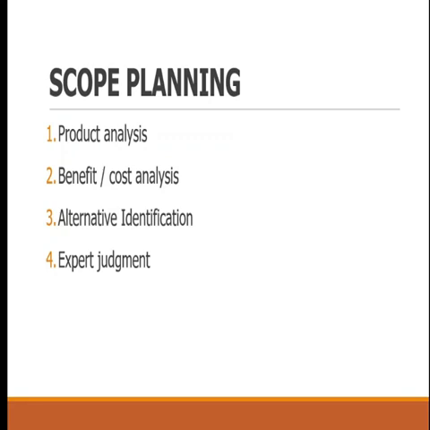Number two, make sure you know the benefit cost analysis. You know why? Every process will require a specific cost. You need to find out which of these processes can give you the best result at the least cost. Okay, let me give you an example. You're supposed to move from, let's say, LA roundabout to LA Fifth Avenue, if you live in LA in the US, all right? Now, from LA roundabout to LA Fifth Avenue is just like a 10 minute drive. But if you don't know the right route, you may go through a longer route and appear in 20 minutes. It doesn't make sense, right? You will spend more to achieve the same result.